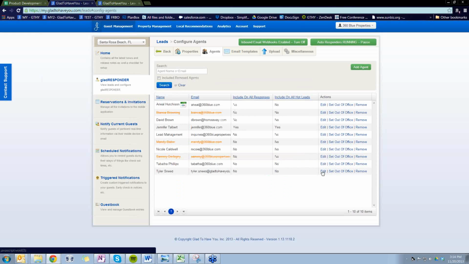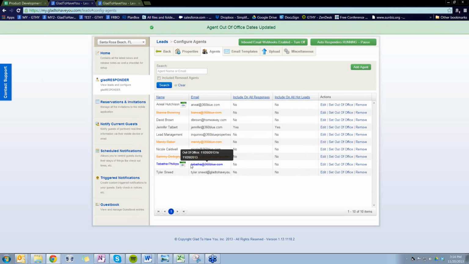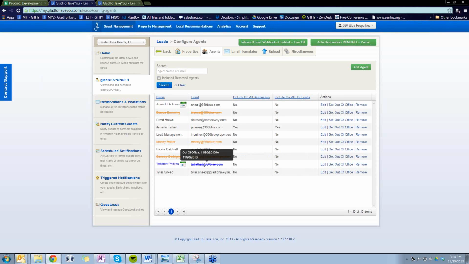You can also set them as out of office. So if Tabitha called in sick today, I can go in and denote that she's out of the office today. Once I do that, you can see that there's going to be a blue stripe through her name that shows that she's out of the office. If I hover over that, it's going to show me that. When she's out of the office, just like her off days during the work week, she's not going to receive leads. This ensures that only agents that are on duty and in the office get leads, which are going to hopefully